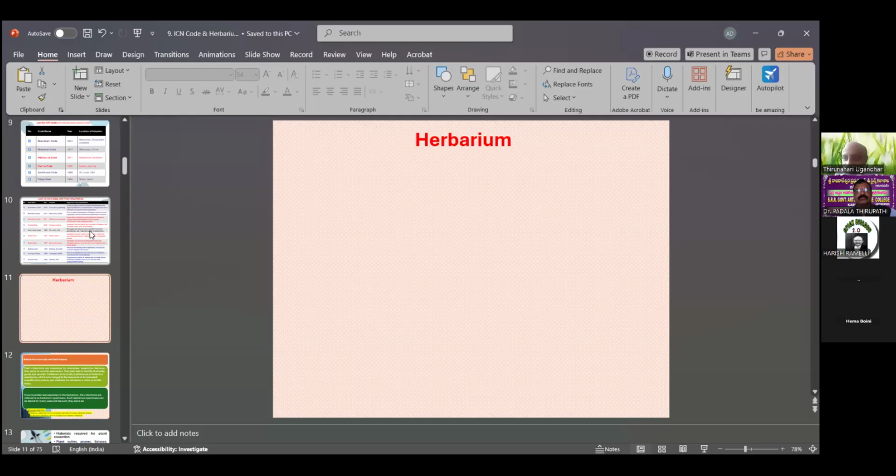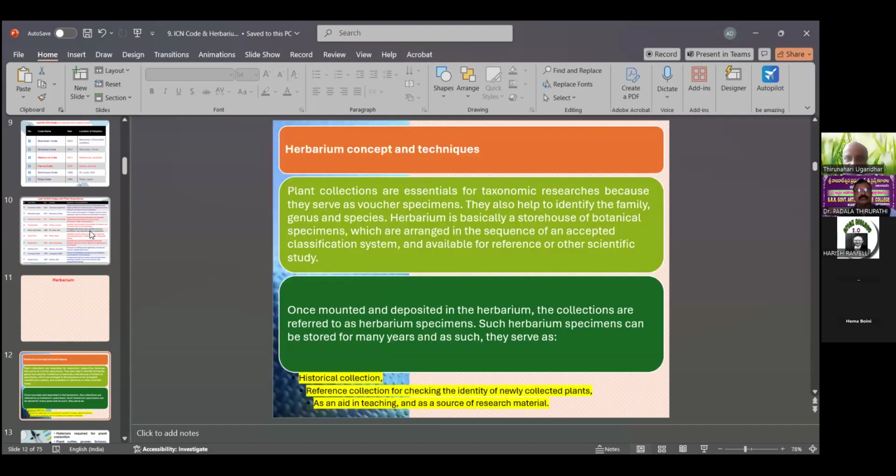How to prepare the herbarium, and what are the processes for improving it. These herbarium concepts and techniques: plant collections are essential for taxonomy researchers because they serve as voucher specimens. The specimen vouchers can be preserved in the botany laboratory at university level, departmental or degree college